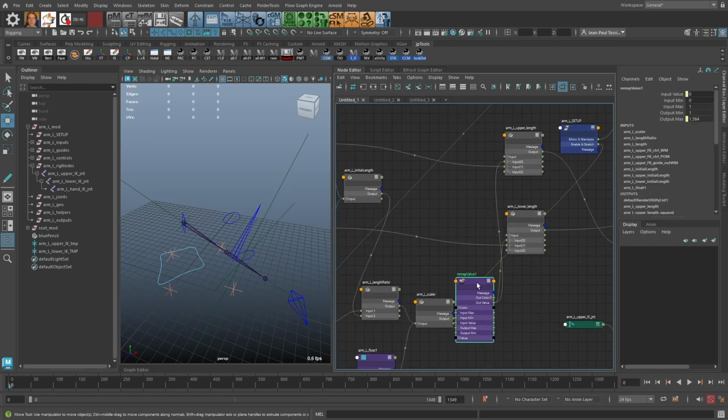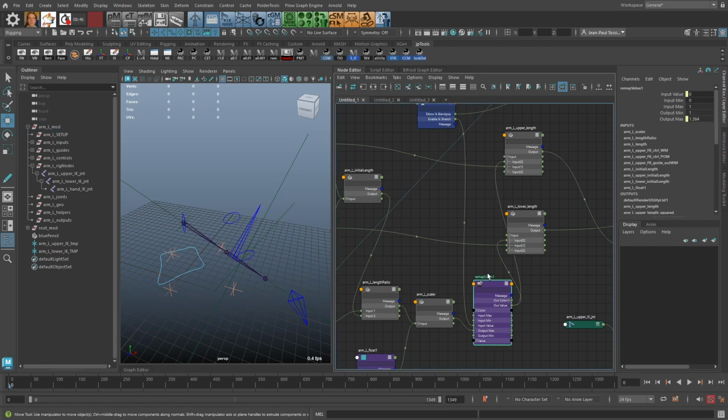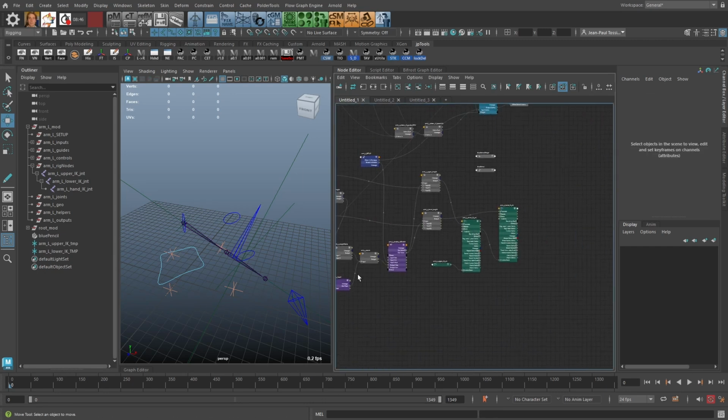So let's rename this to left arm enable IK stretch. Okay, now that's out of the way. We can look at the